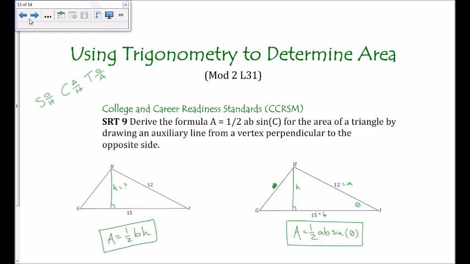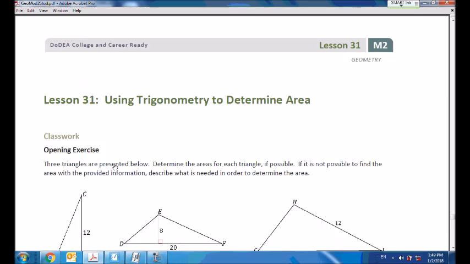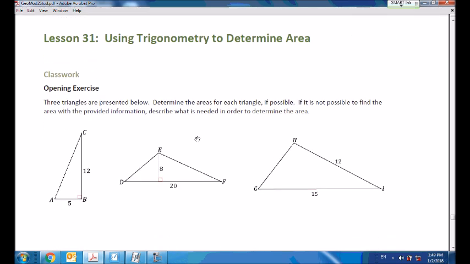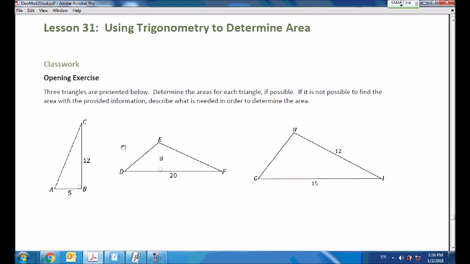Let's get started. Today we're in lesson 31 of Engage New York, and as always you should have your student materials in front of you, and you should be writing in your student materials as we're going through this. Now in this lesson we are finding areas of triangles, which you've been doing probably since elementary school, and I'm hoping that you are familiar with the area of a triangle